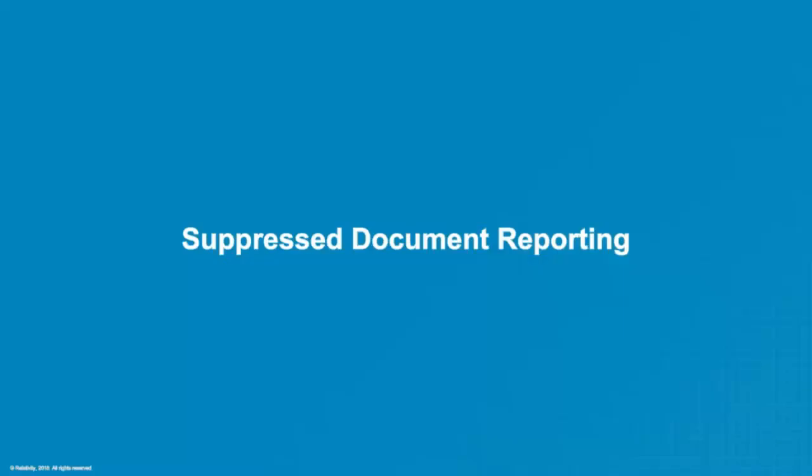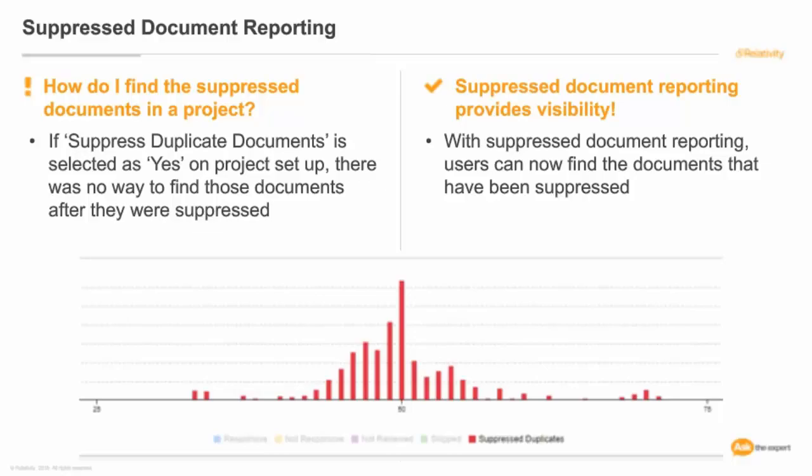The next enhancement is suppressed document reporting. So suppressed duplicate documents is a setting on project setup. Basically, this will speed up your project by suppressing duplicative documents so that reviewers are looking at unique documents. They're not wasting time looking at the same document that they've already coded. So it will speed up your review, but previously there was no way to find those documents after they were